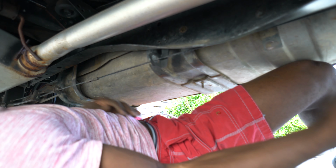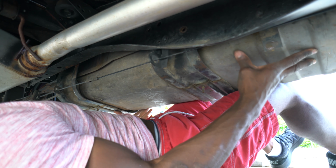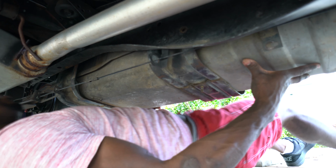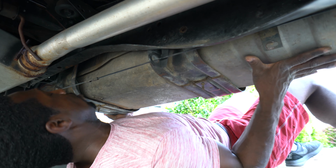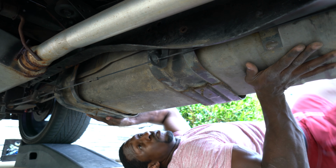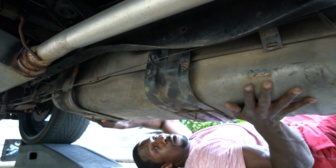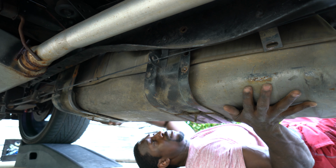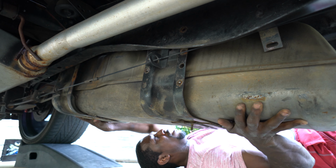All right gang, we got all the screws loose. The tank is ready to come out. The only thing that's holding it in place is a little screw that's just sitting in a hole so it don't drop out. But it's ready to drop out now, so here we go. I gotta be careful. I got my wires on top. I don't want to pull any wires. I can't remember if I left enough slack up under there to